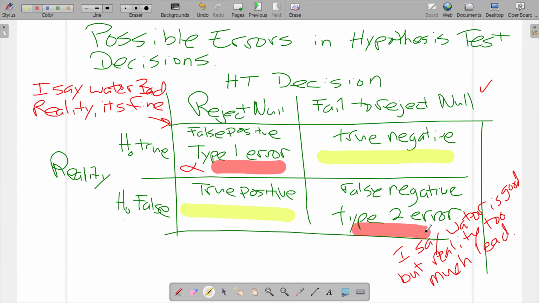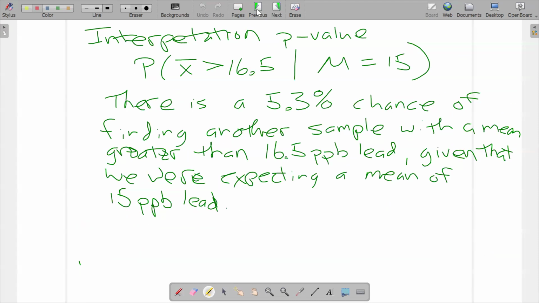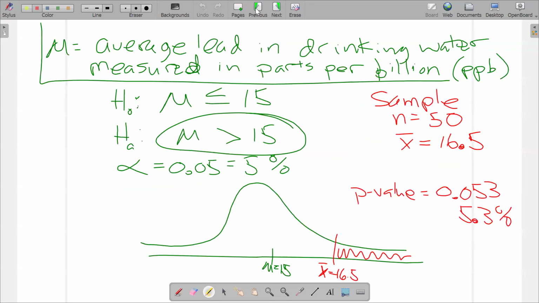Now, practically, let's think about this. So I just want to look back here at my sketch. Is the average amount of lead in this sample higher than what the EPA says it should be? Yes, it is. Now, my hypothesis test said it's not significantly higher. So this has statistical significance. It's not high. However, practically,